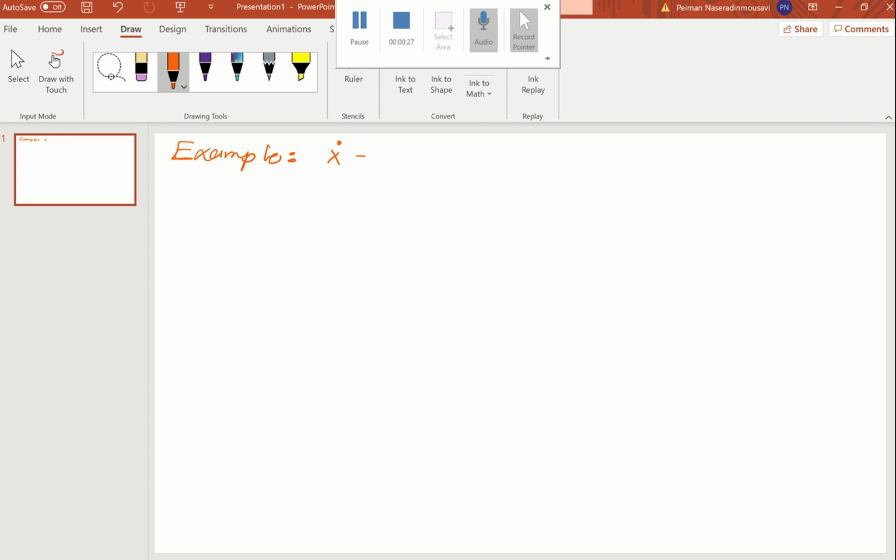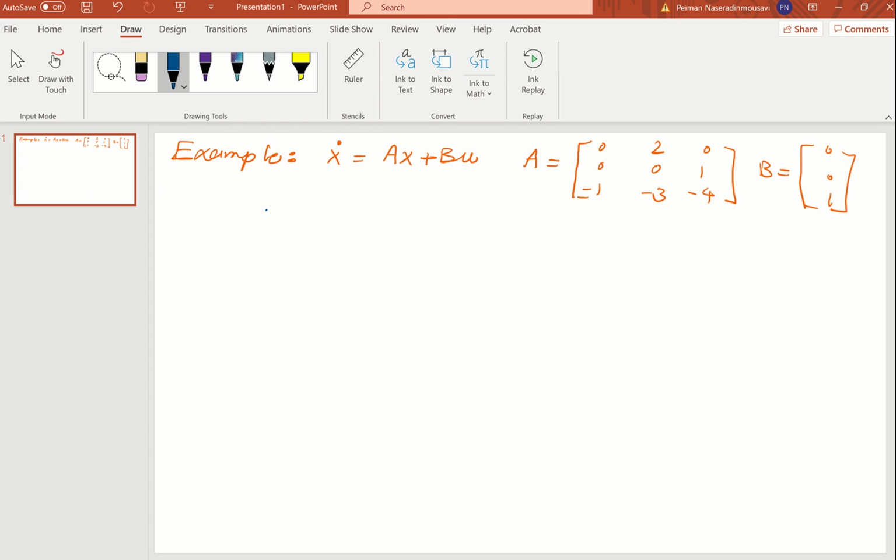Suppose, if you remember what we discussed in the previous class, x dot is equal to Ax plus Bu for the SISO system. I said the A matrix, which is an LTI system, is [0, 2, 0; 0, 0, 1; -1, -3, -4], and the B matrix, or vector, because the SISO system, is going to be [0; 0; 1]. That's right. And your boss is asking you to design a feedback control law that has